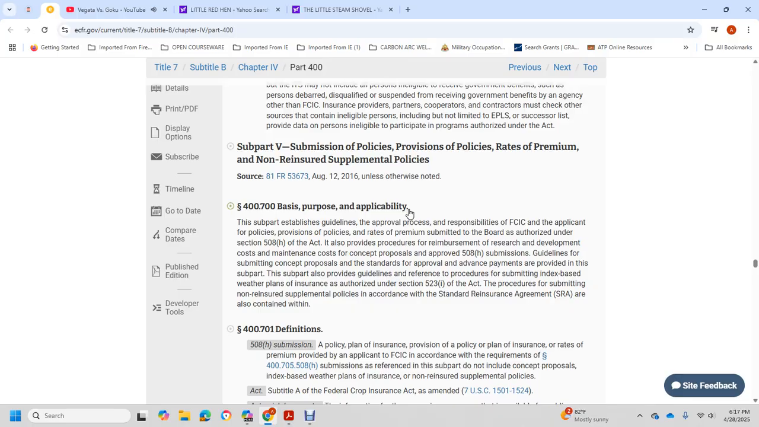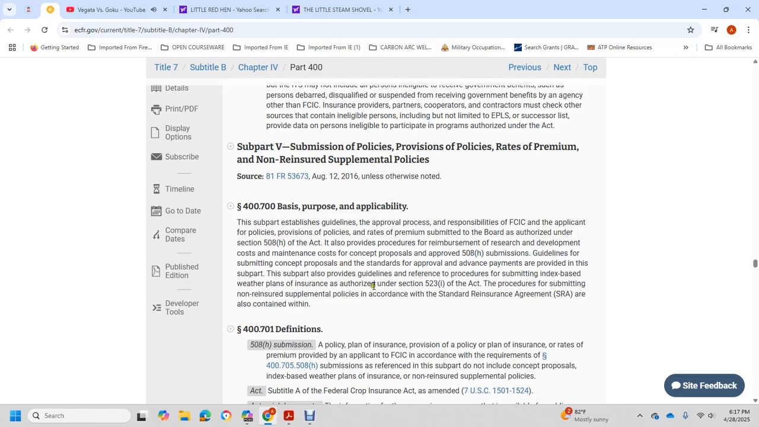the reimbursement of the research and development cost, made with the cost of the process, with the approved 508 submission guidelines for submitting contracting policy proposals, with the advance of payments provided with this part. Some parts also provide guidelines for the procedure for submitting index pay for the weather plan for the insurance authorized in section 523(1) of the Act, the procedure for submitting for the reinsurance for the supplemental policy